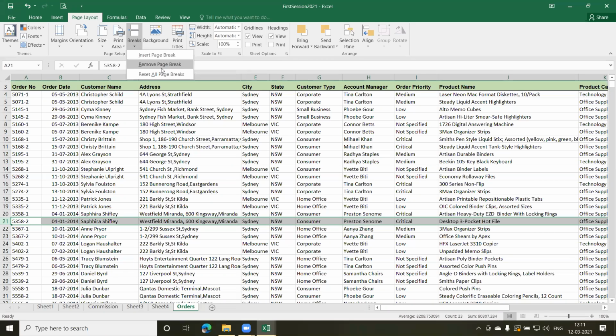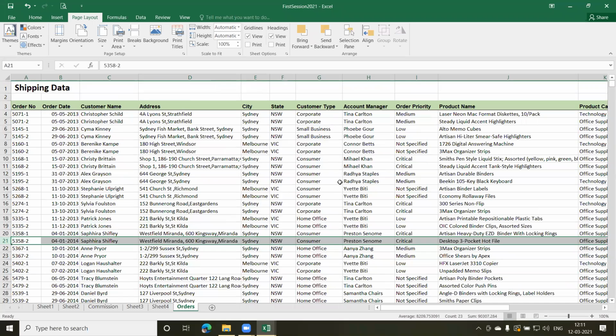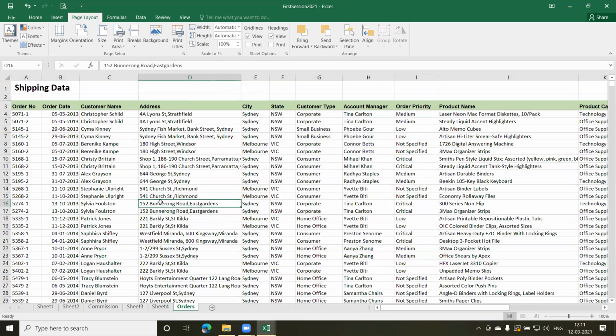There's another way of doing it. You can reset all page breaks. Let us say you have put lots of page breaks in your file, and as you can see, there are so many records here and 105 pages to be printed. Removing the page break from each row, going to each page break and removing it, will not be feasible. So you have a better option which will remove all the page breaks.